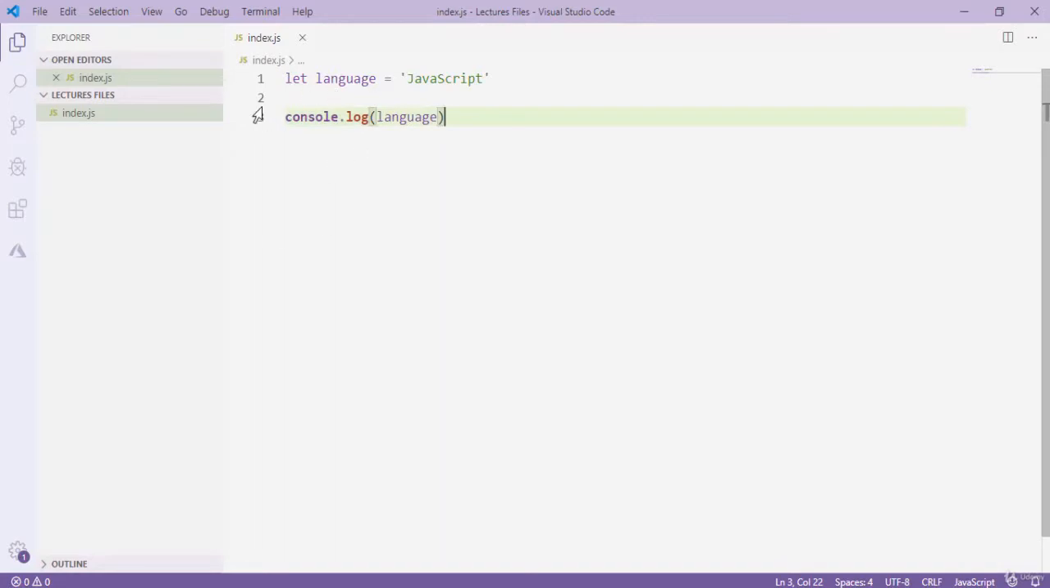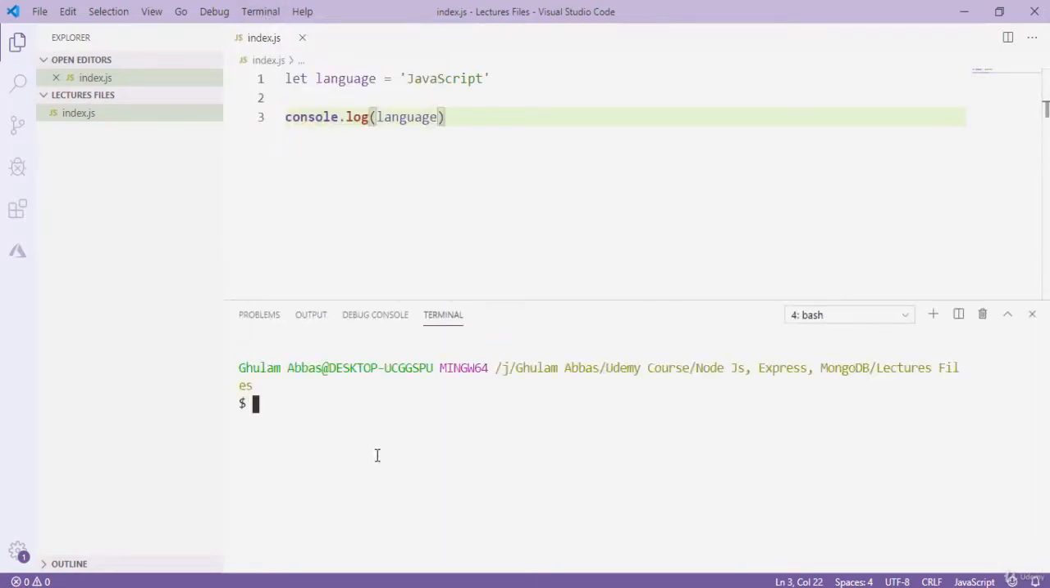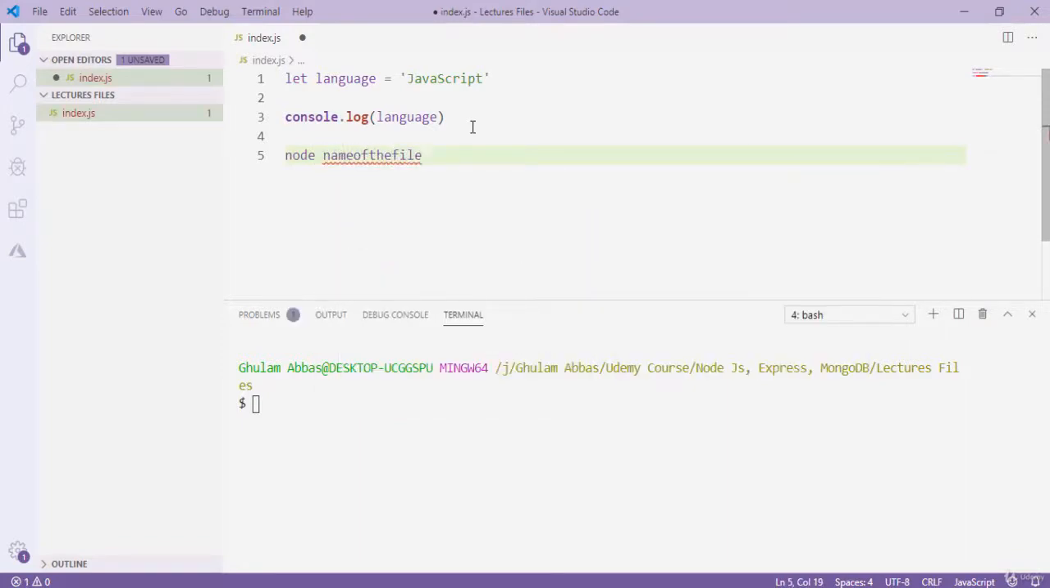Now I go to Terminal, New Terminal, and to run the Node.js application, first of all you have to follow a syntax: node and then the name of the file, and then you have to press enter. So let's do it. I simply type node and the name of the file is